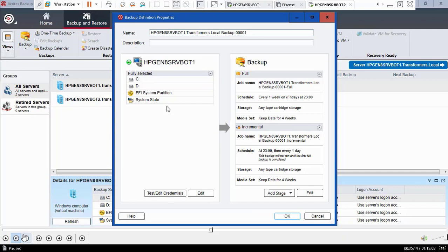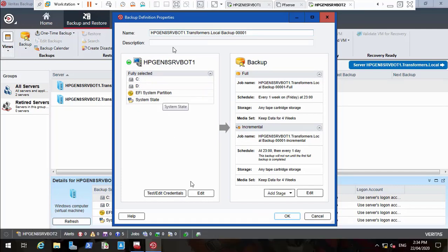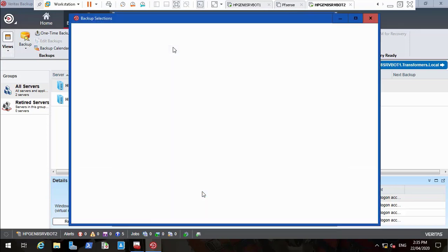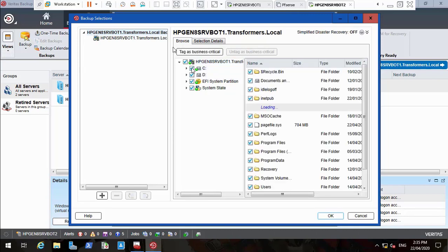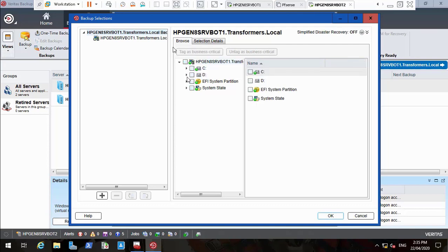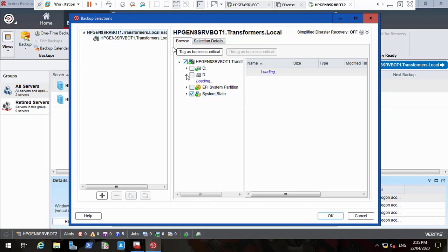Okay, edit. So here we'll begin selecting the jobs. Okay, we'll begin selecting what we will back up. We will choose our system state for the first domain controller, and then in the D drive